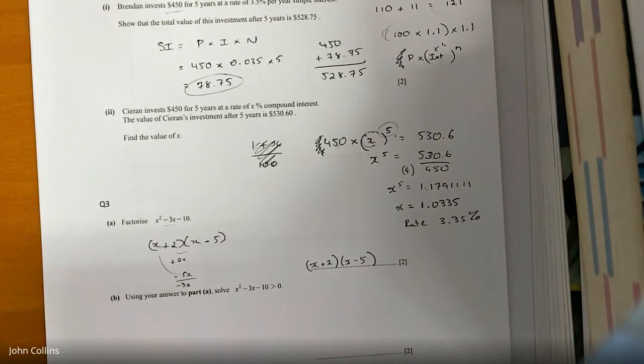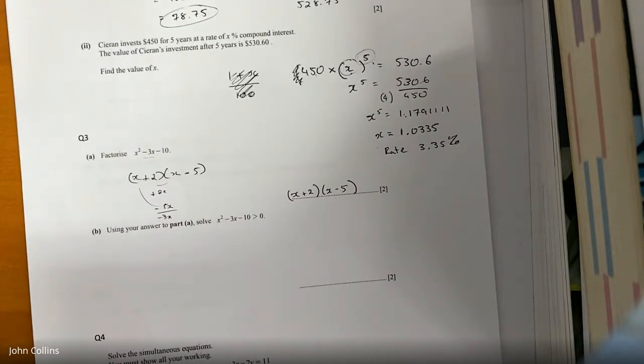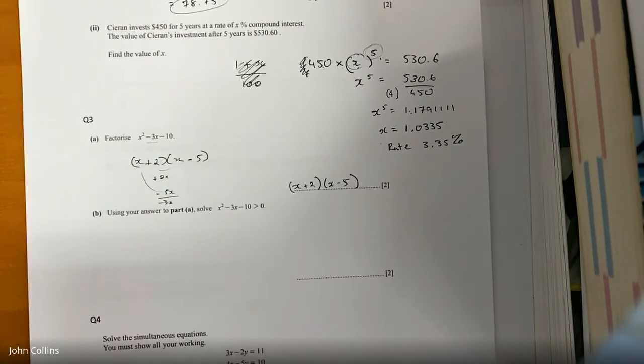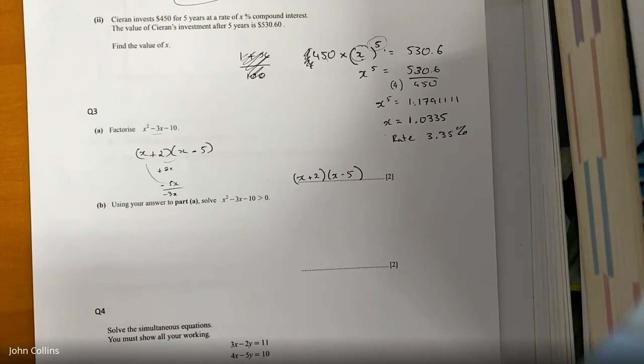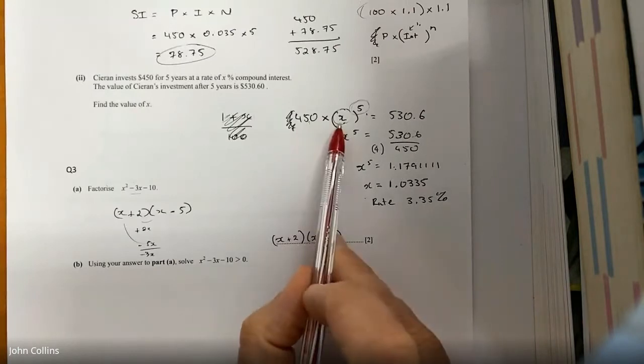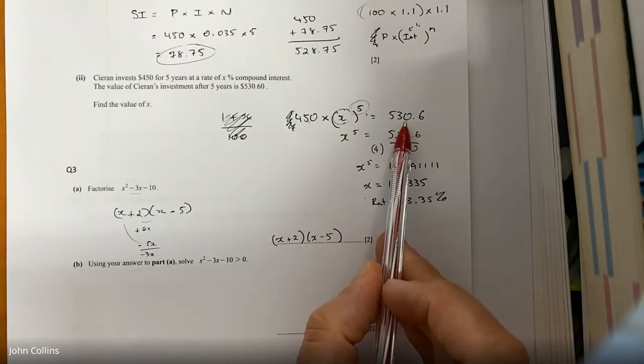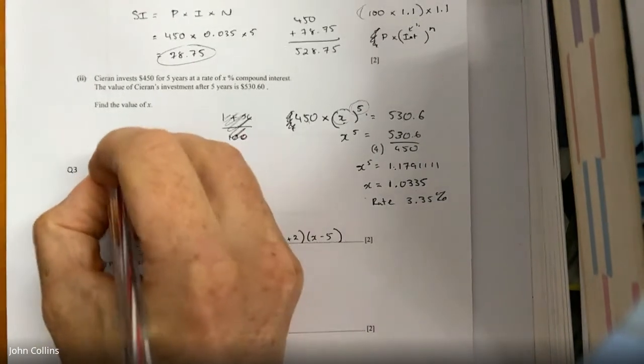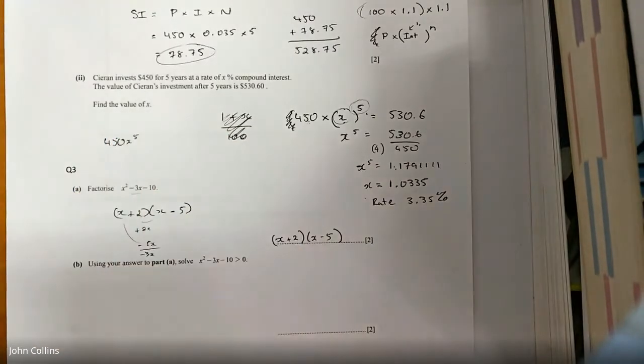So, for the question above it, can you stick the formula straight into your calculator? Does your calculator have the compound interest formula? Else you could solve it if you want. At this stage, can you solve it using a calculator? Yeah, you can. So it's 450 x to the 5 is equal to